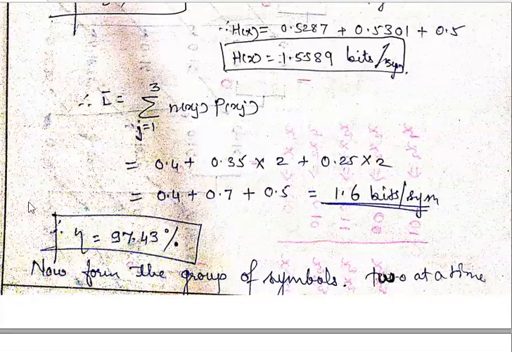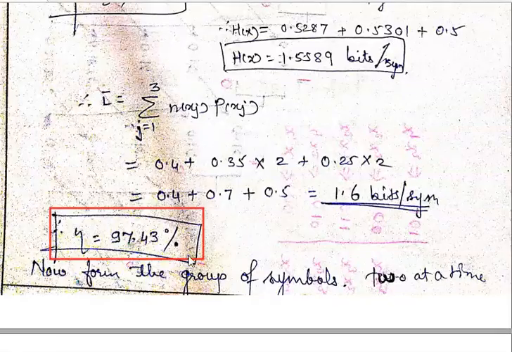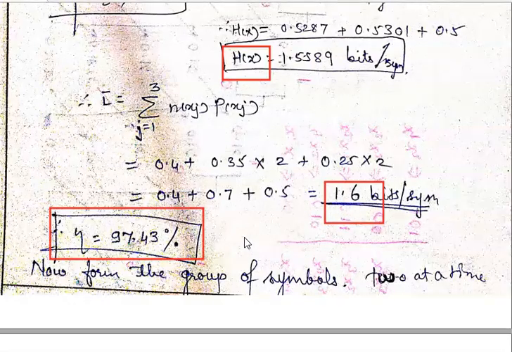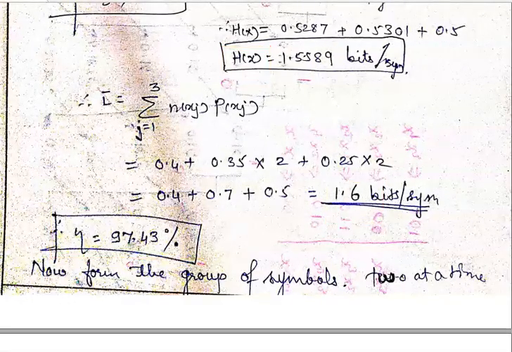So overall, we can write that the efficiency for this particular problem statement is 97.43. That is h of x. If you divide h of x by the L bar, you will get the value that is nothing but 97.43. So here onwards, the role of pairing of probabilities comes in the picture. So let's have the combination of the probability pairing. So check it.